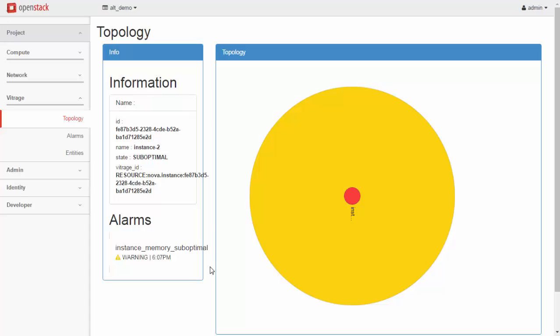We understand that if there is a critical memory problem on the host, there must be a problem on each instance running on this host. So we set the state of the instance to be suboptimal, and we raise an alarm, a deduced alarm, on the instance. We can go to the alarms list,